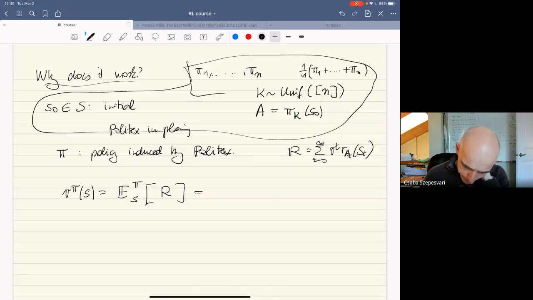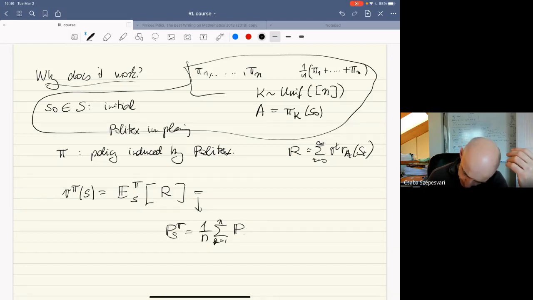And now, notice that if I fix an initial state and I take the distribution induced by this policy, it's very close to one of the homework exercises. This is just a mixture of the distributions that you get under the K policies that you get from